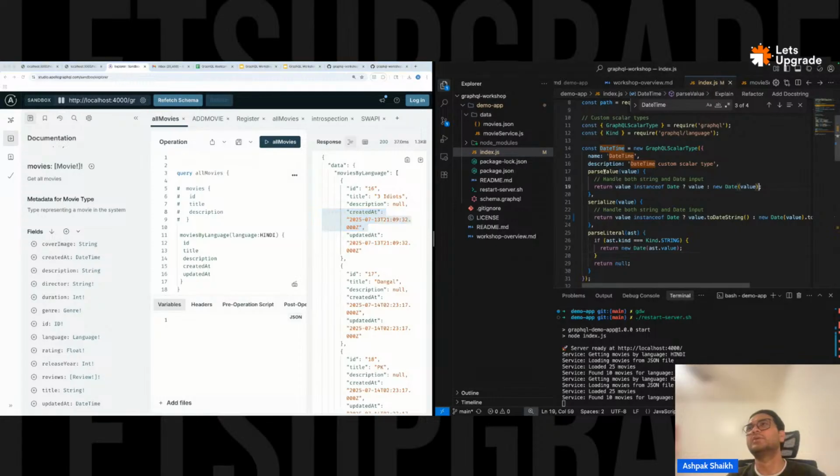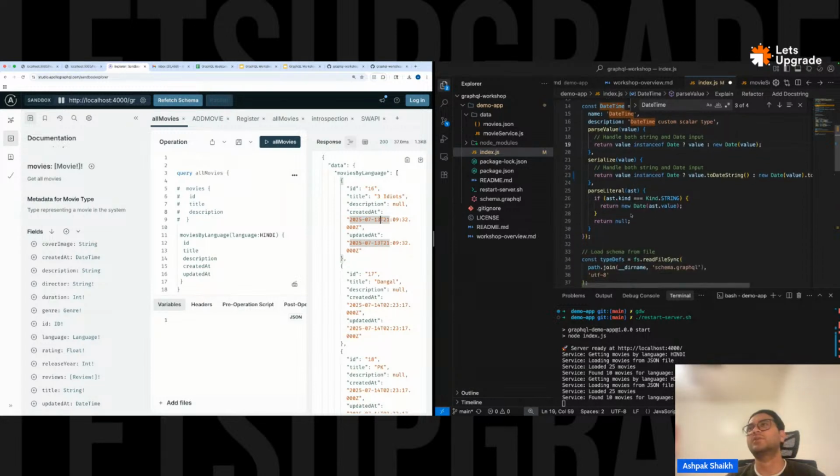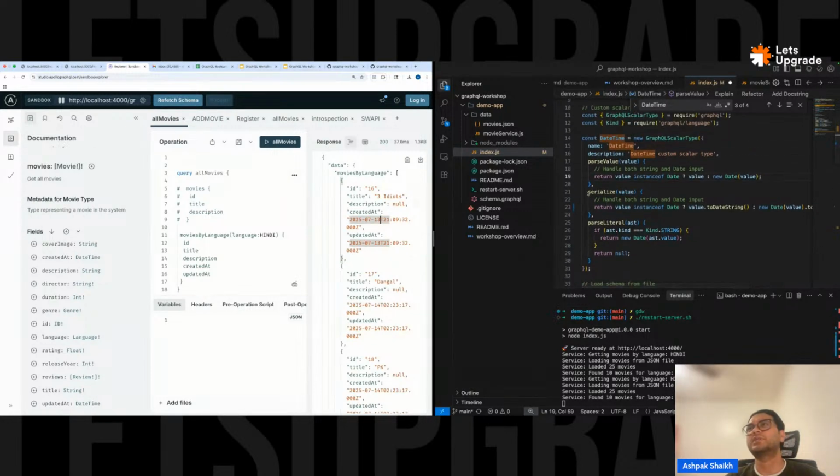Maybe we need validate date. I think it is because it is parsing it from the JSON string directly. That's why this is not working fine. But the serialize method should give you the